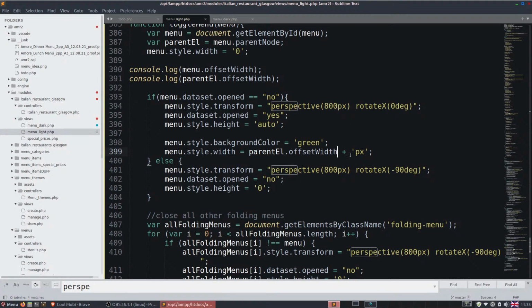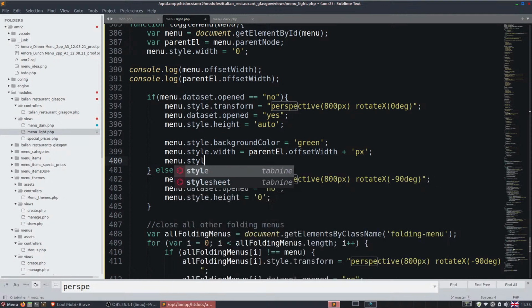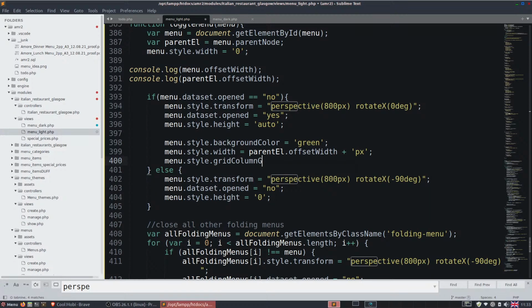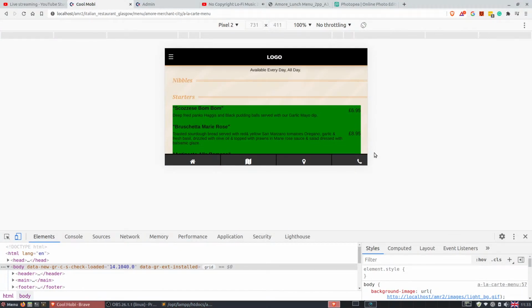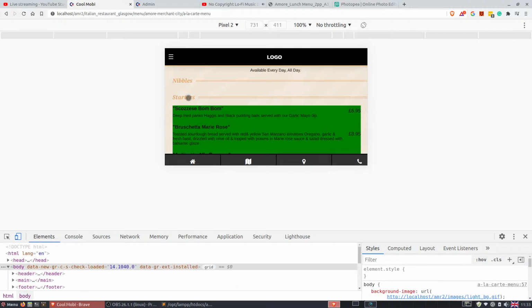So what I'm going to do then is, when we open this thing up, I'm going to say menu.style.gridColumnGap equals 0. So when I click on it, you miserable swine,